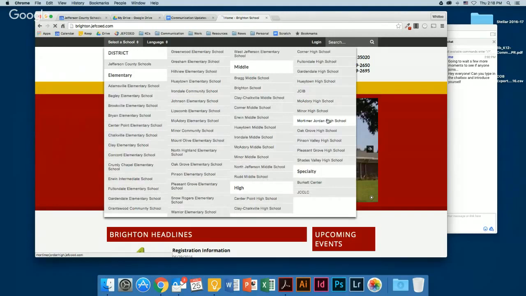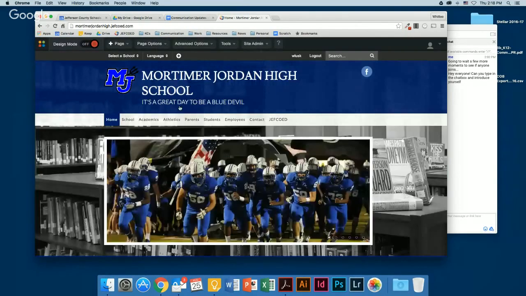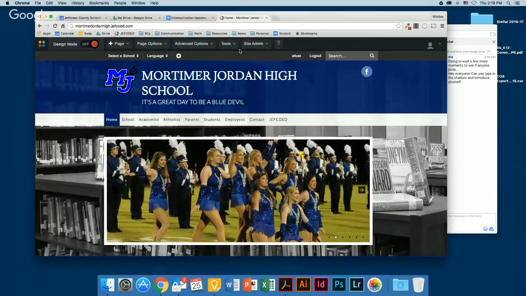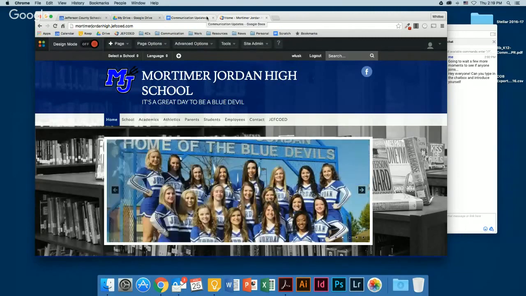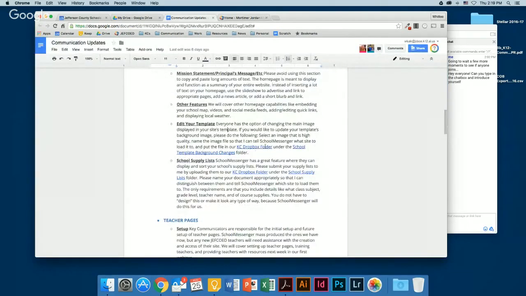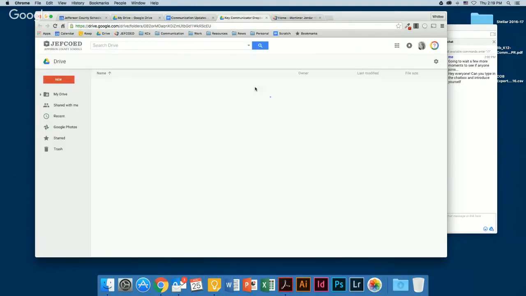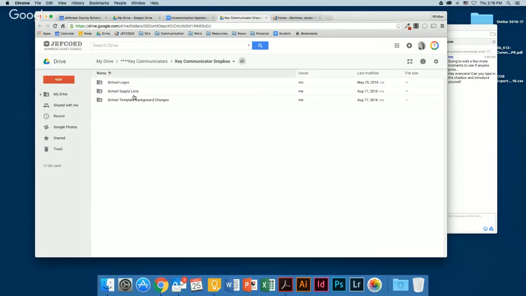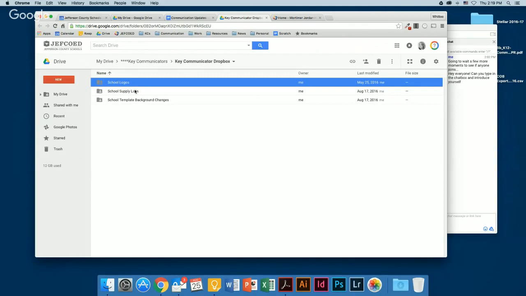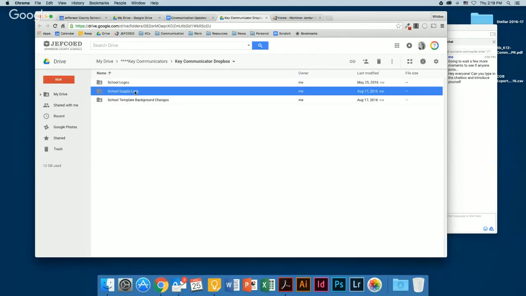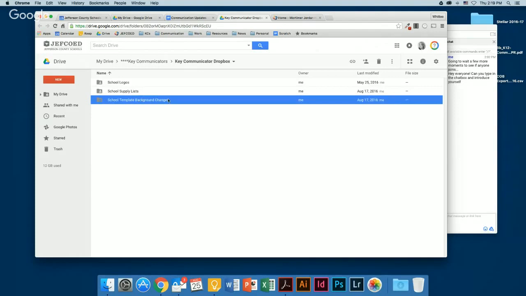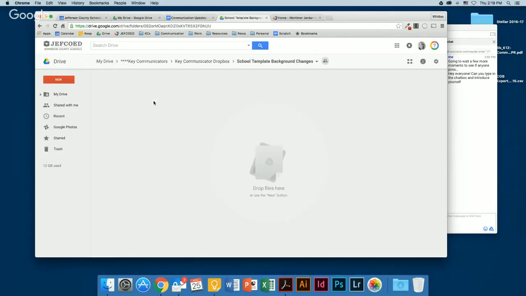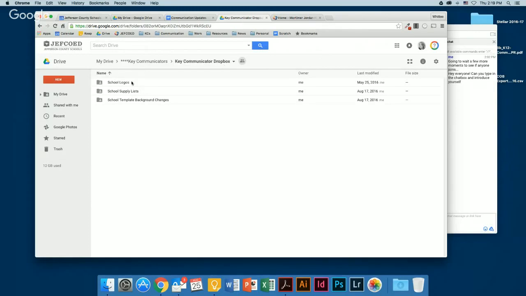Also for the high schools, there's an image in the background here, and we can update that to whatever you wish. So if you will send that to me, all you have to do is put it in our Dropbox folder. And if you look at our Dropbox folder, I've got 3 different folders right now. One's for school logos, one's for the supply list, and one's for the background template changes that we're talking about right now.